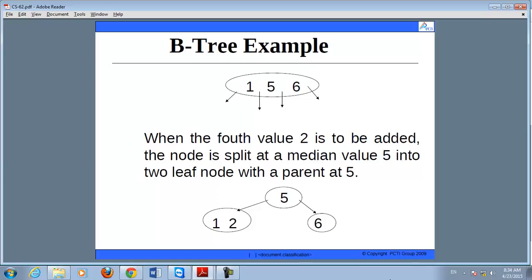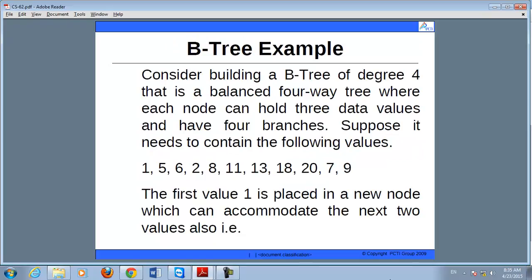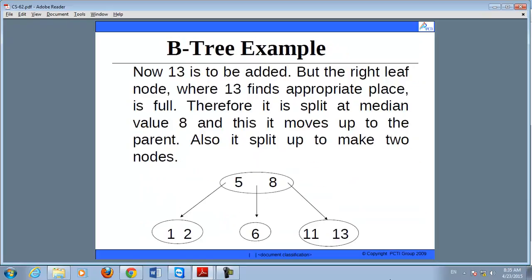That is, the smaller values will come at the left side of the root node, and the greater values than the root node will come at the right side of the root node. But the difference between B tree and binary search tree is, in a B tree one node can contain more than one value according to the order specified with the tree. The maximum number of values totally depends on the order, and the maximum number of values can be order minus 1. This is all about the B tree.